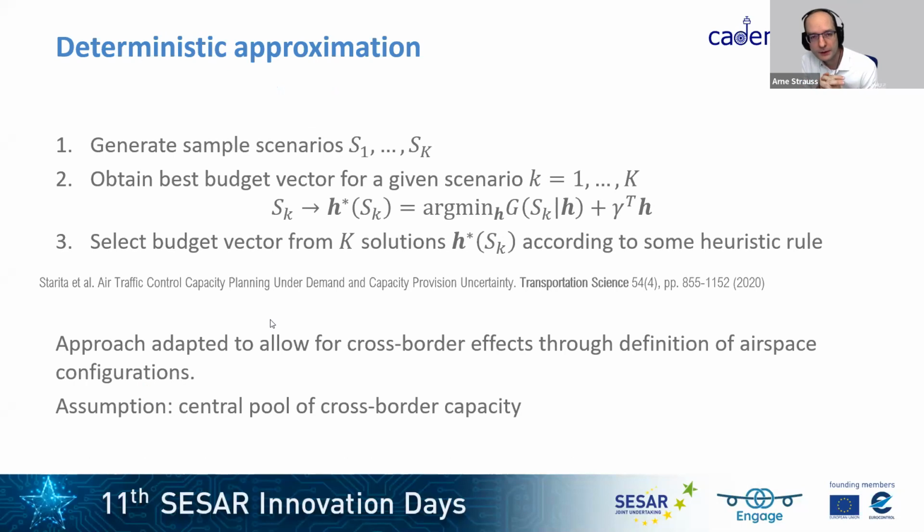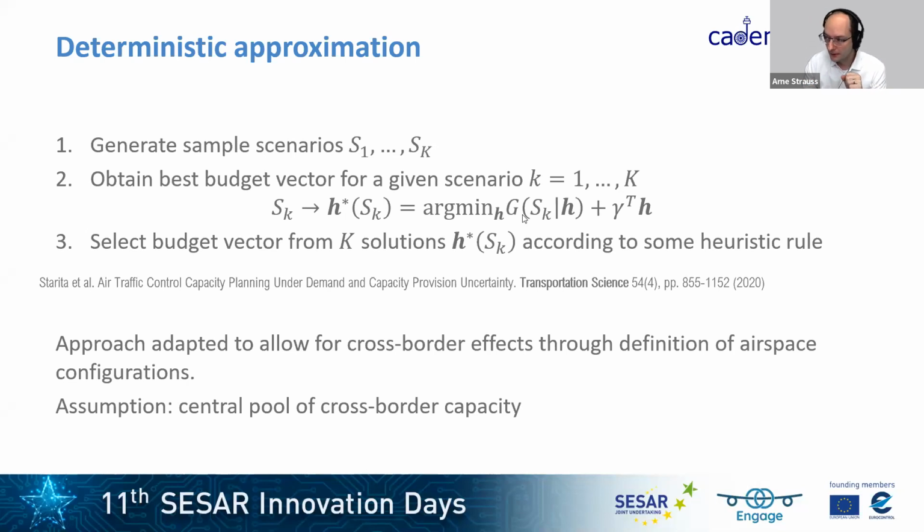in Transportation Science, specifically with the idea of, first of all, creating those samples, those capital K many samples of what the future might be looking like. Then in step 2, to come up with the best budget, looking at each of those scenarios individually, to say, okay, if I knew already that this is the scenario that I'm going to end with, what would have been my best decision in terms of the capacity to be ordered?